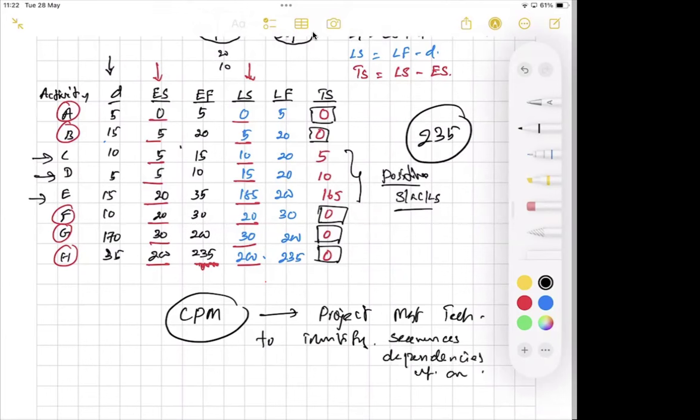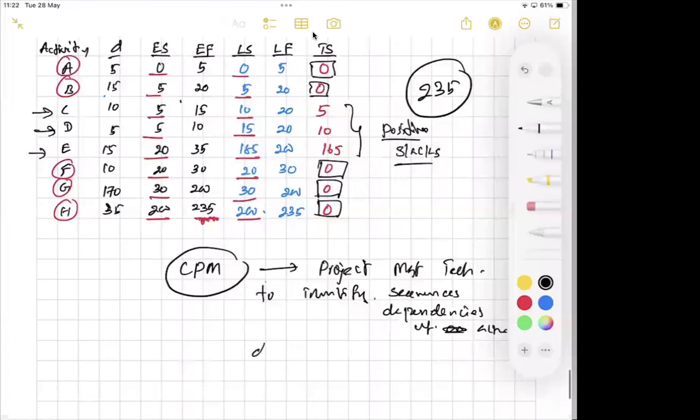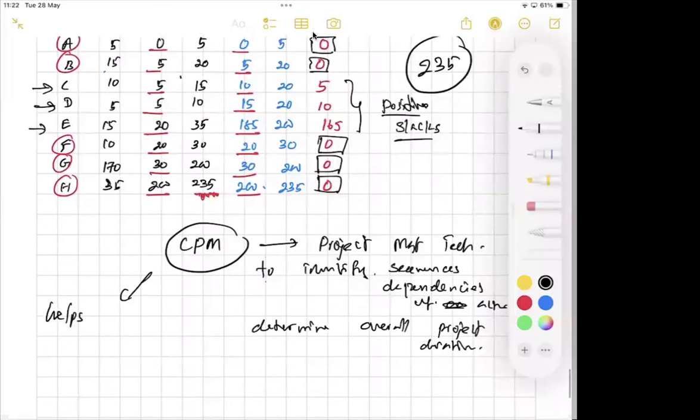of activities, right? And we can find out or determine overall project duration, right? Then the CPM helps planning, scheduling, and controlling complex projects,